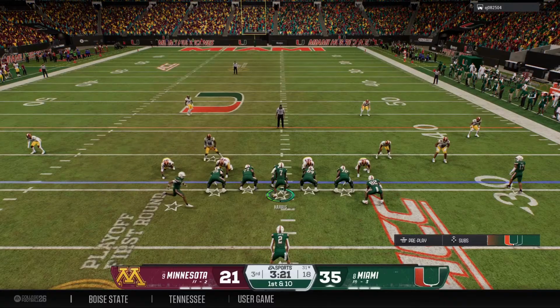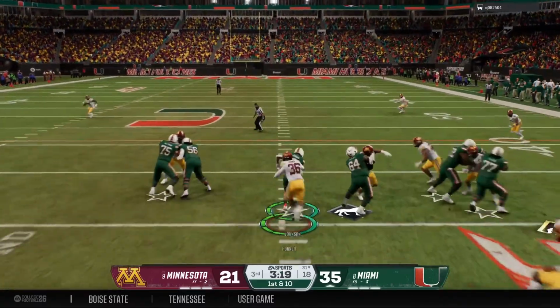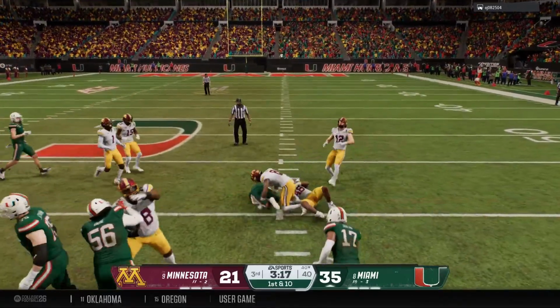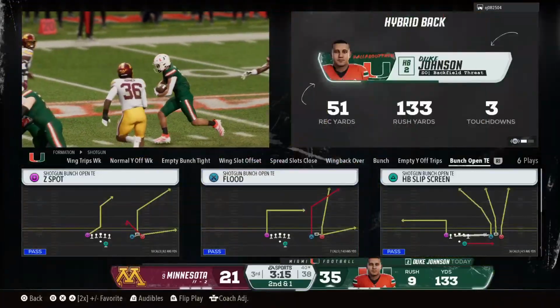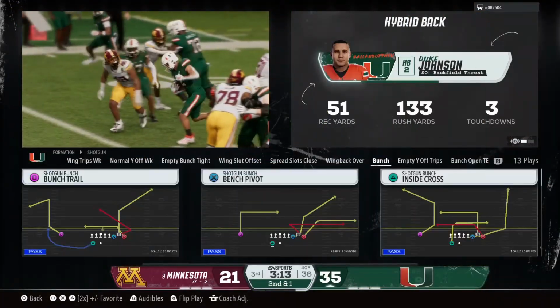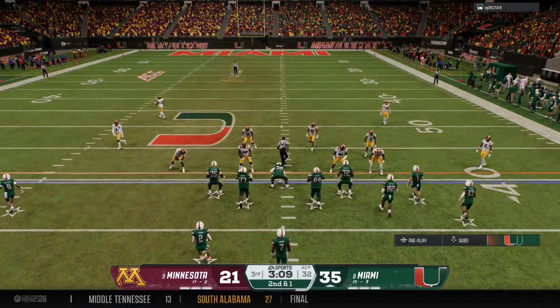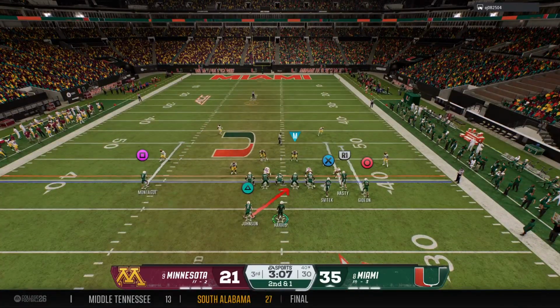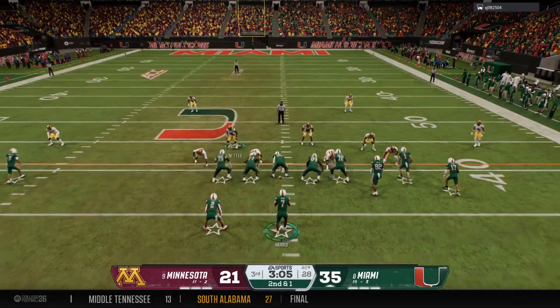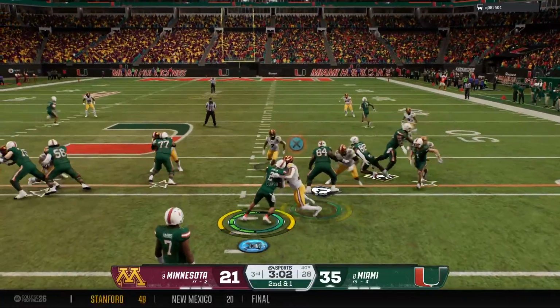Pre-snap motion from the offense. From the shotgun now, here's a handoff inside. Breaks one tackle, gets brought down, but picks up some decent yardage. Well, much like what we saw in the first half, Chris, in this playoff game, no adjustments, they go right back to giving this running back the football. He's had a monster day and continues to get positive yards.